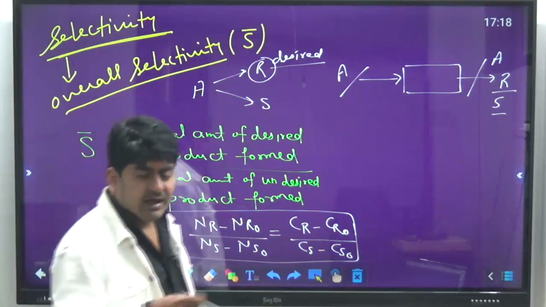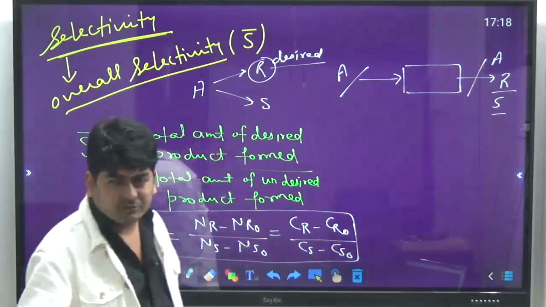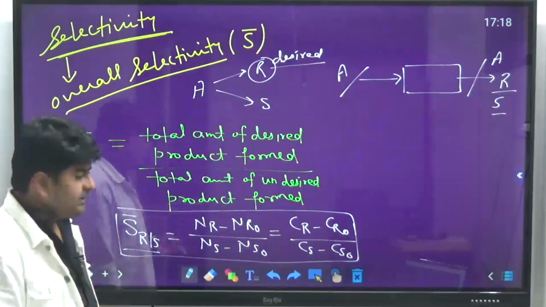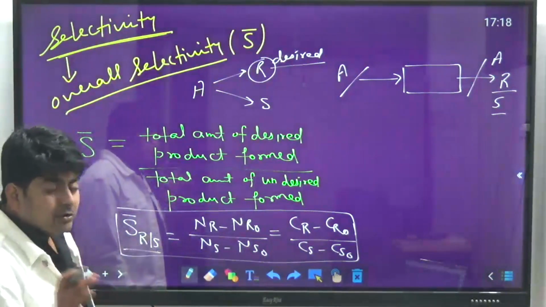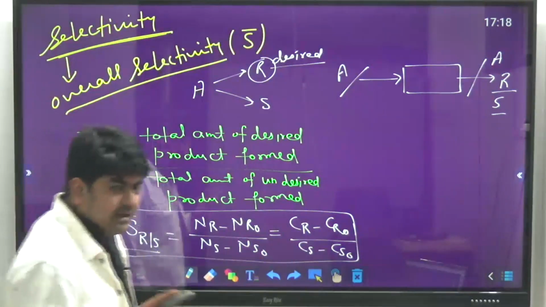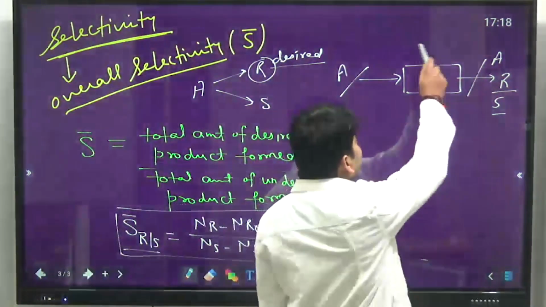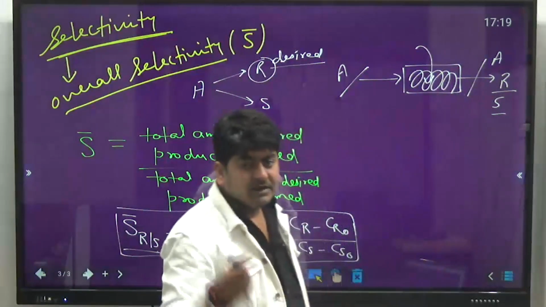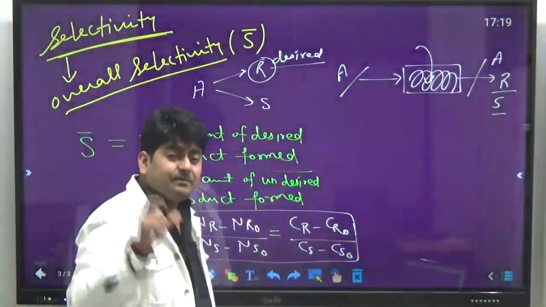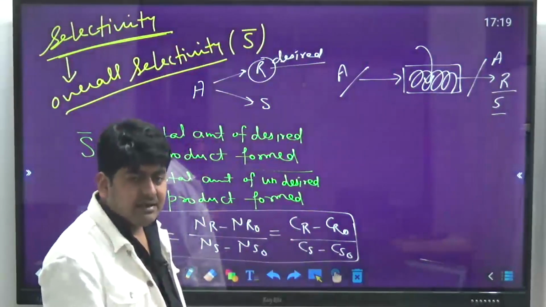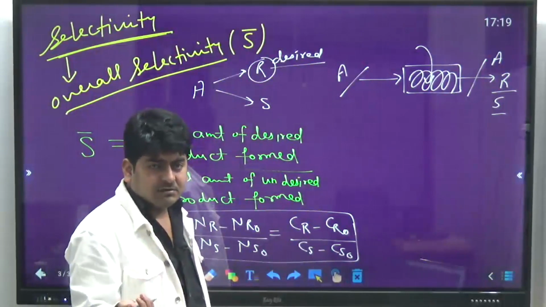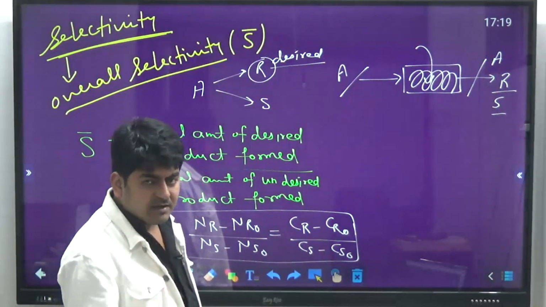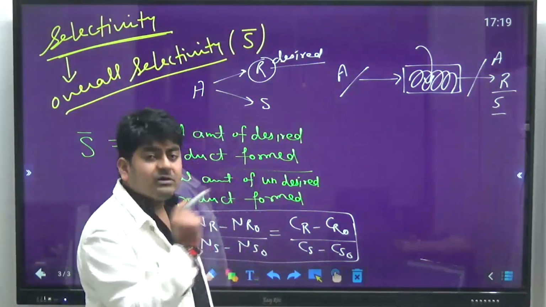It just helps us to do the material balance. That's it. You must have used that in process calculation, somewhere to do the material balance using selectivity. But if I want to optimize the process, so what to do? Then understand, I have to go inside the process. When I am inside the system, then I can do that. The activities you did before the 10th board exams will affect your result. If you prepared well, you will get a good result, and if you did nothing, you will get nothing.